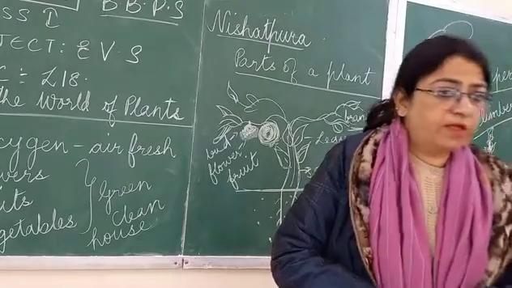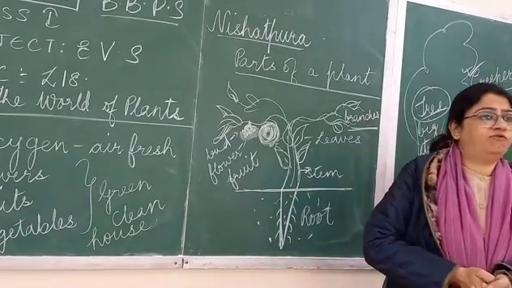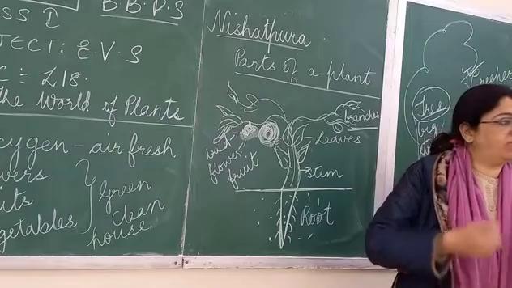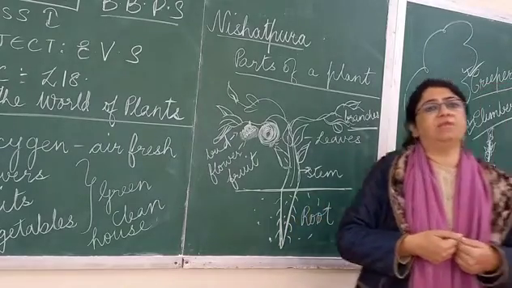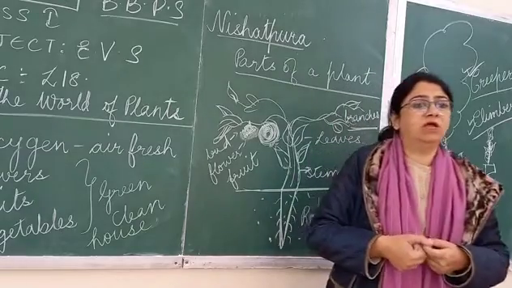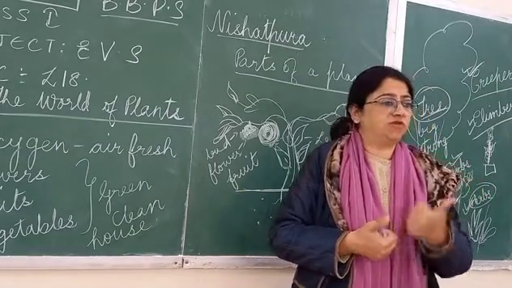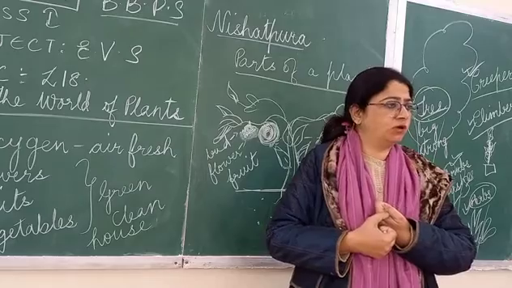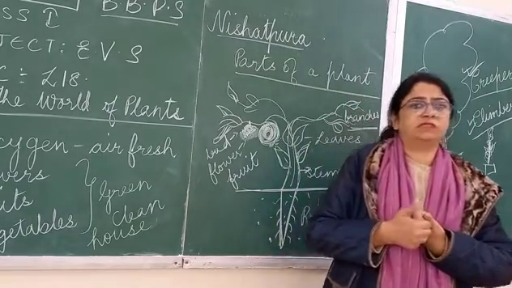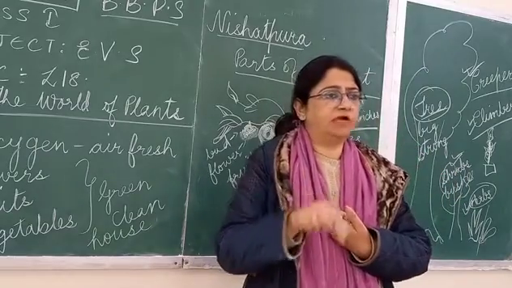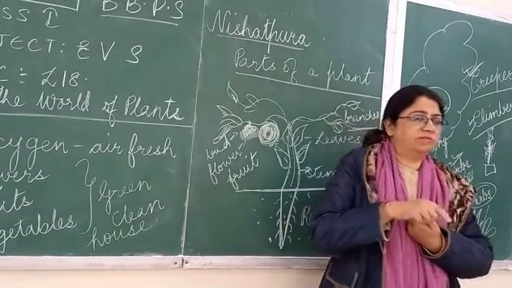So all these plants need food to grow, like we need food to grow big and strong. In the same way, plants also need food. The food of plants is water. We also drink water to grow, to quench our thirst. In the same way, water is needed by plants. We water plants to make them healthy.